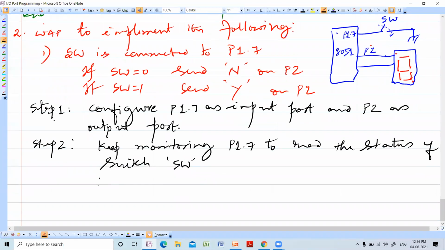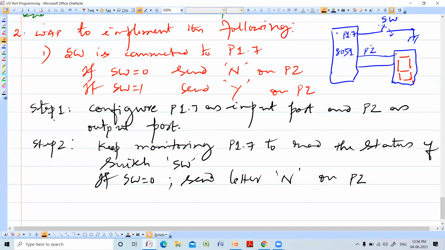If SW is equal to 0, send letter N on P2. Else, send Y on P2.